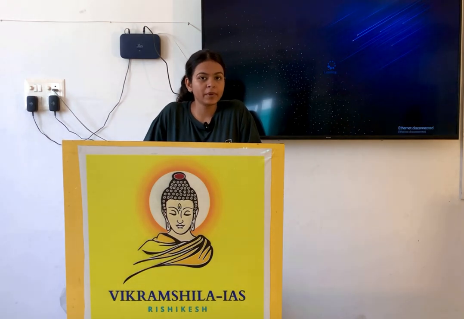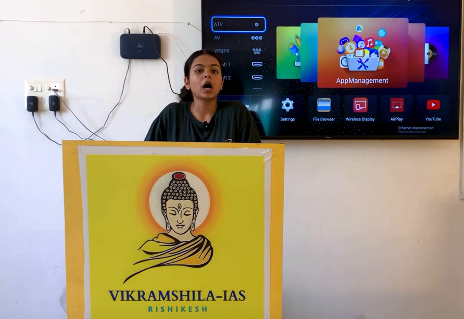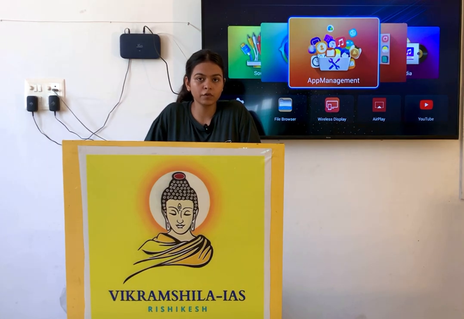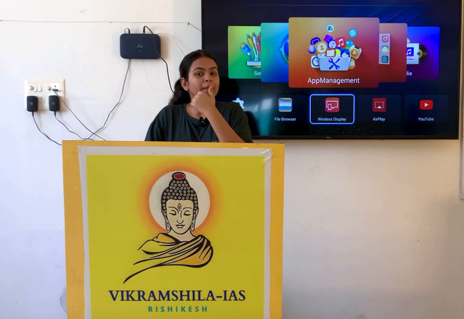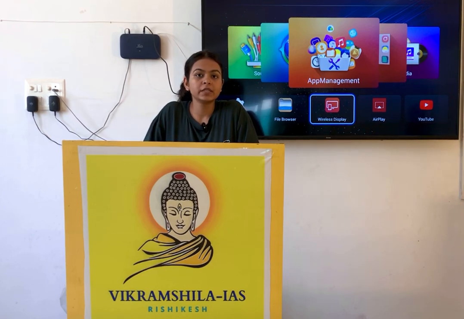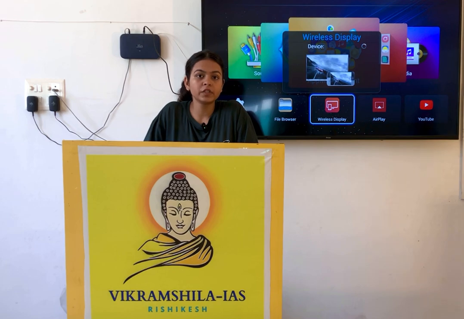Some merits of parliamentary form of government. First, harmonious balance between the executive and legislative organs of the government. The greatest advantage of having a parliamentary form of government is the harmonious balance and cooperation between the executive and legislative organs of the government. The executive is a part of the legislature and both are independent in their work. Hence, there is less scope of disputes and conflict between the two organs of the government.